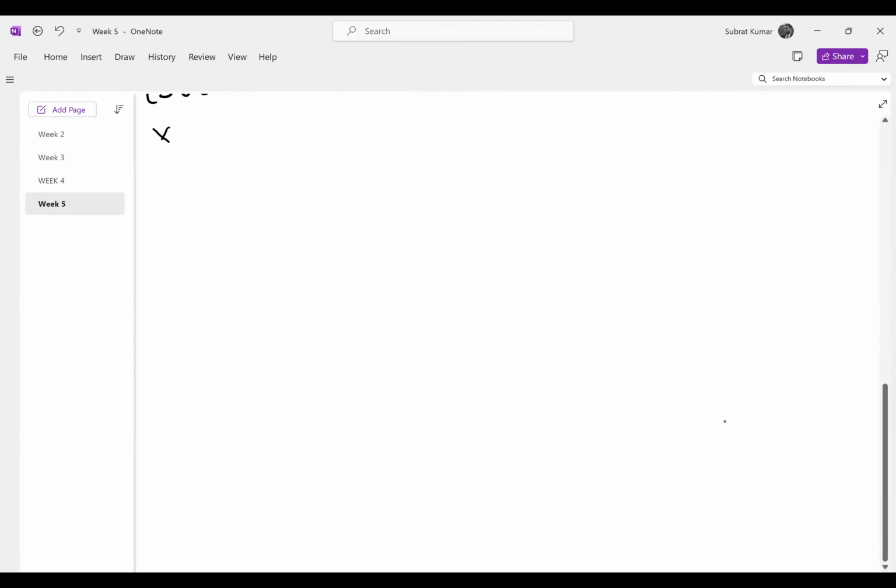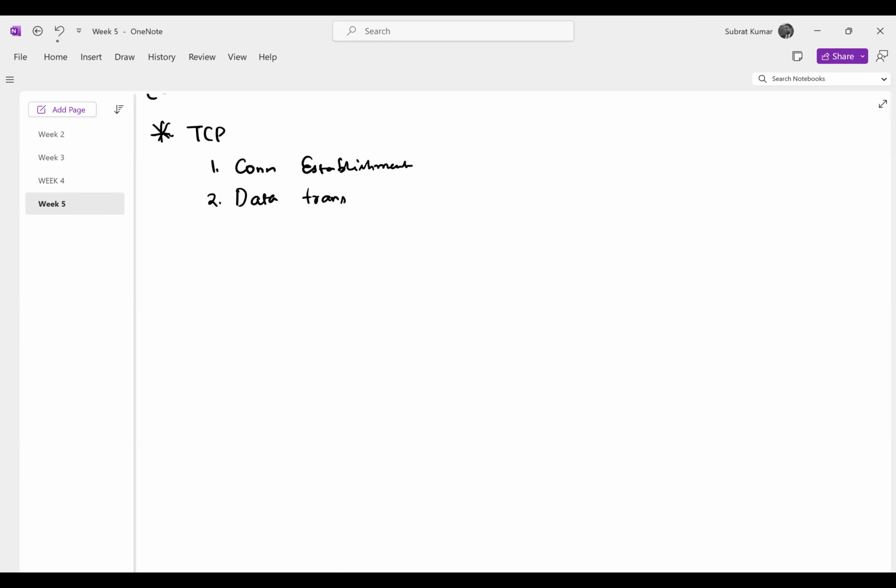So if you have attended last week's live session, you must have known that there is something called TCP connection establishment. So there are three phases in TCP. First is connection establishment, second is data transfer, and third is connection termination. Okay,